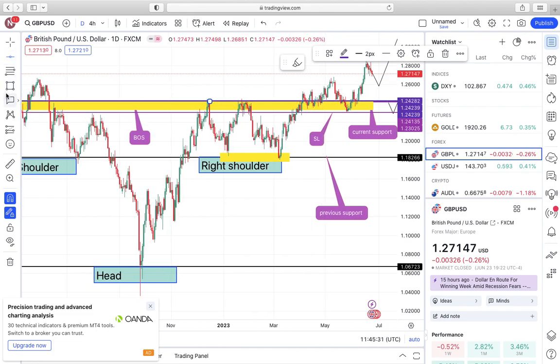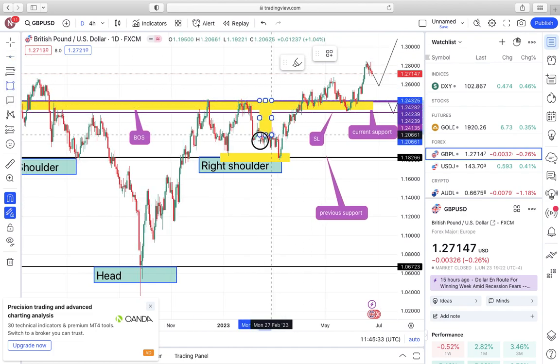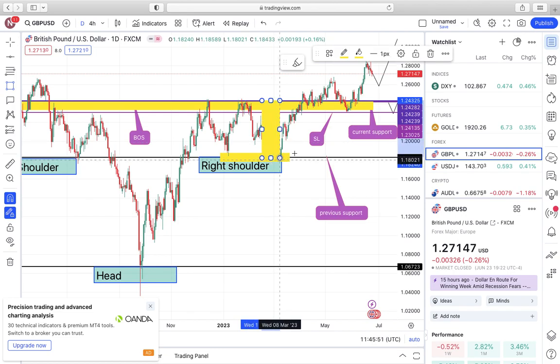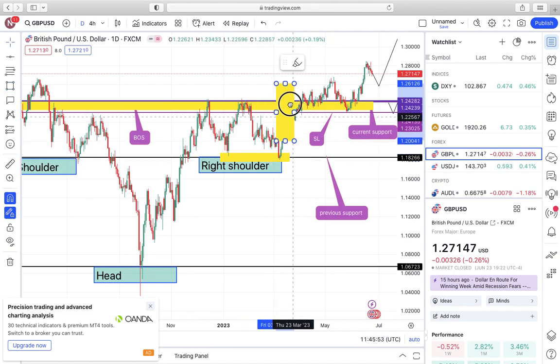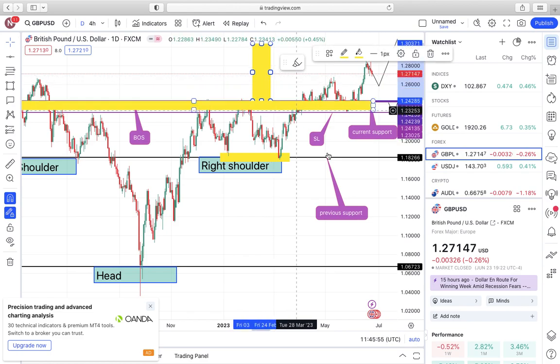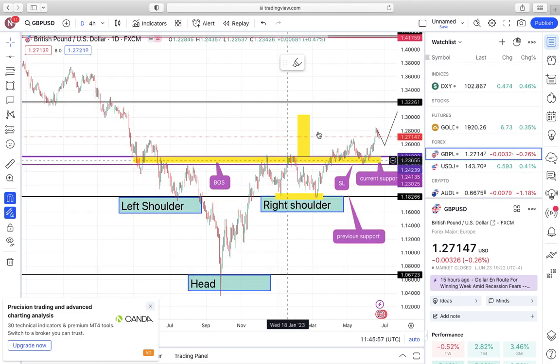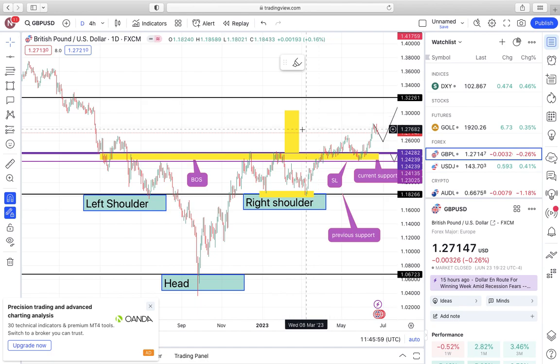neckline. How is the take profit? Guaranteed take profit will come and measure this distance from here, because I even gave this signal. Let us come here and measure this distance. Then come and measure the same distance, which means this market, without fear of any contradiction, this market will go up to